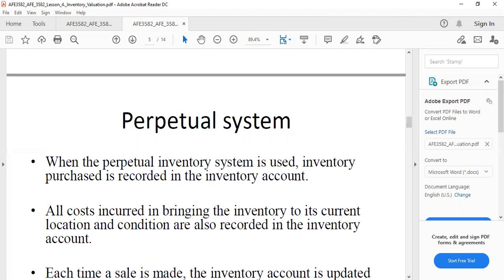Whenever you buy, you record. Whenever you buy, you always record. There's no way you'll buy inventory without recording it using the perpetual system. Now, all costs incurred in bringing the inventory to its current location and condition are also recorded in the inventory account. Meaning that, remember that